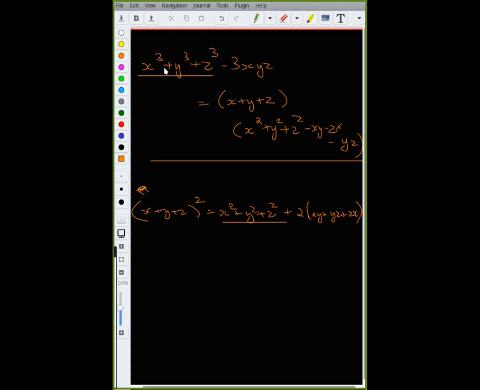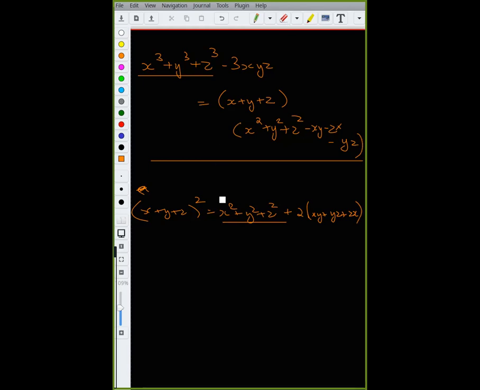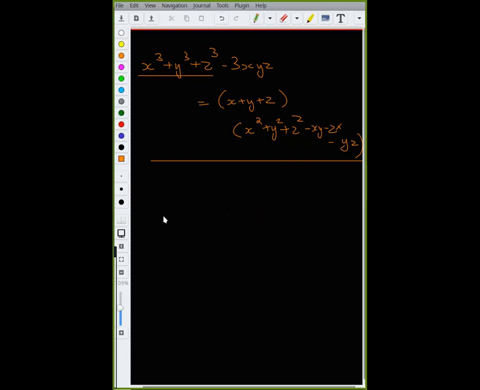We have a cube here now. This is x cube plus y cube plus z cube minus 3xyz. So it's (x plus y plus z) into (x squared plus y squared plus z squared minus xy minus zx minus yz). Just learn, just mug it up. There's nothing else to do in this. They'll probably, if required, only give you one stupid sum in this. It's a very useless identity.